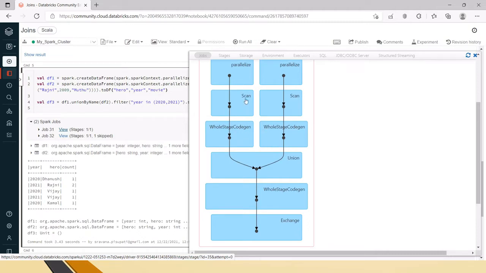So this is where the first data frame is created, this is where the second data frame is created, and now here it is performing the union also. It is a narrow transformation which does not require a shuffle. Wide transformation means it requires a shuffle, and after that it is performing the filter, and the output of this whole operation is returned to the exchange buffer.